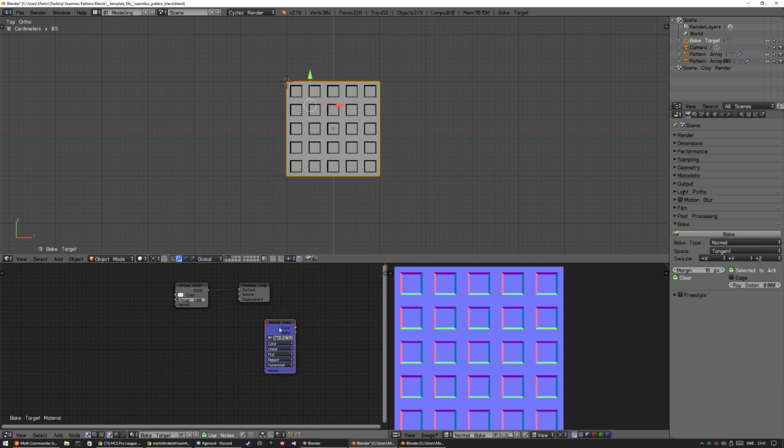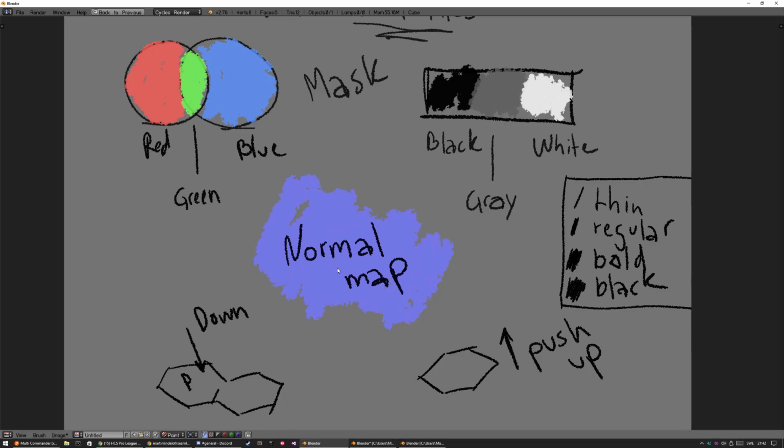But anyway, you just go to bake and make sure you select this blue node and hit bake and then save the results. I'm not going to do this because this is the template file. Yeah, so we bake the normal. I can show you the example with the down and the up pattern and all these naming convention about thin, regular, bold and black by,